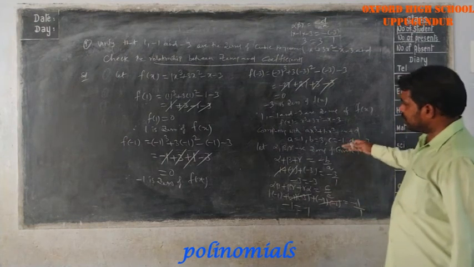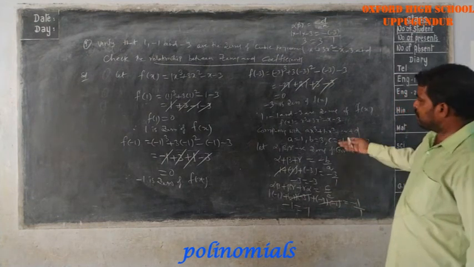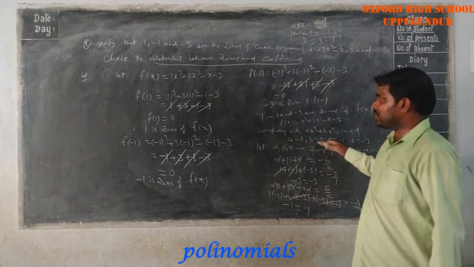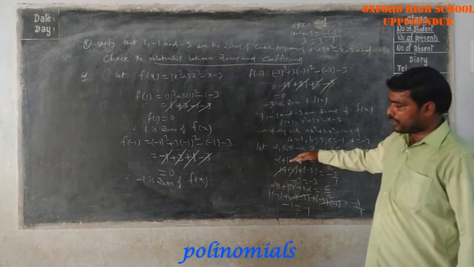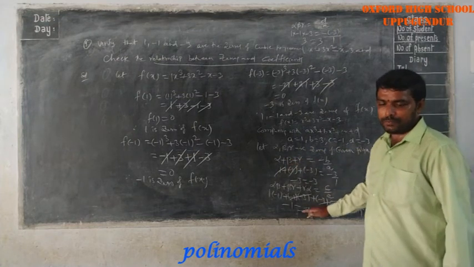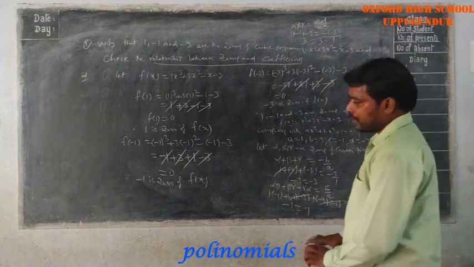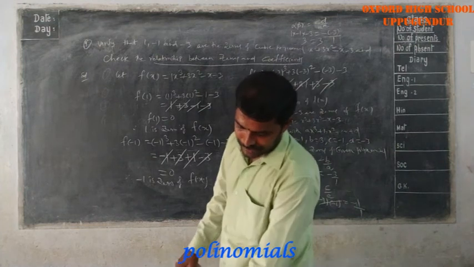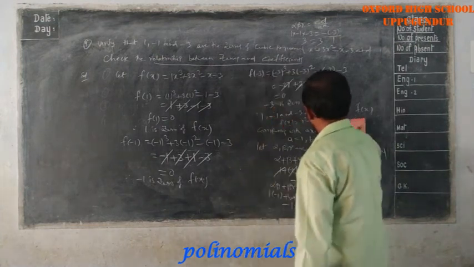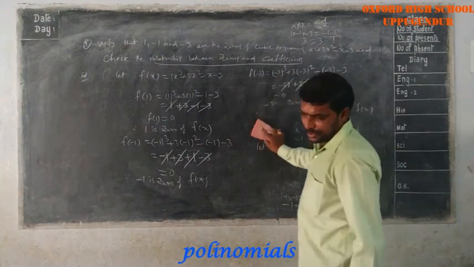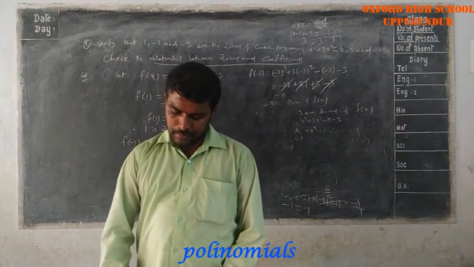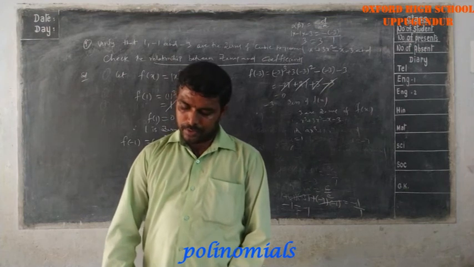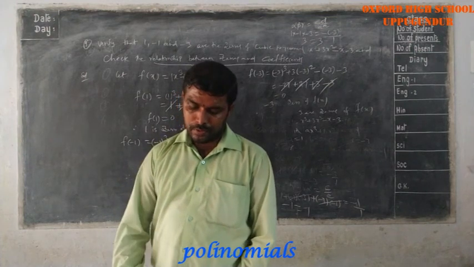Otherwise you can do this in terms of words also. Sum of the zeros, product of the zeros, sum of product of zeros taken 2 at a time, product of zeros. So in the same manner you have to do example 7. So up to this exercise 3.3 is completed. So next we will do exercise 3.4 in the next session. Okay, thank you.